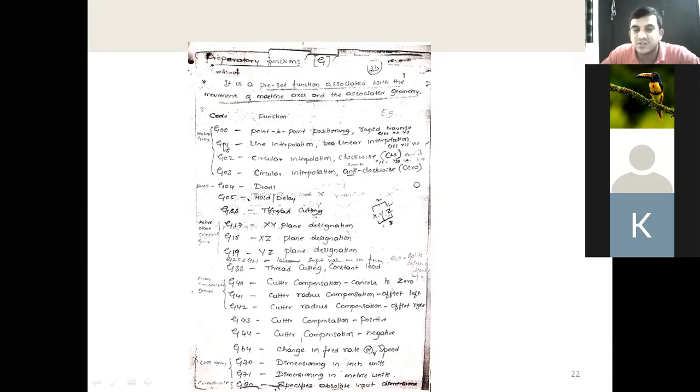But here we will not remember all 100 G codes. Only around 10 to 15 G codes you can remember. How do you remember G codes? You can see here, these are the motion generation G codes. There are 3 G codes. If you use G00, what does it stand for? Point to point positioning, or rapid traverse. Rapid traverse means the cutting tool has to move from one place to another place with the shortest distance. Suppose now this is a cutting tool.